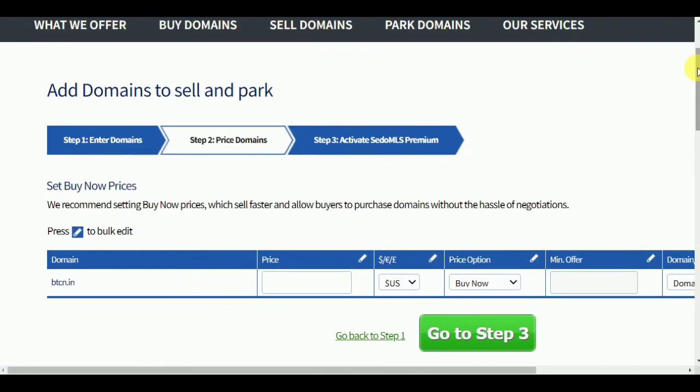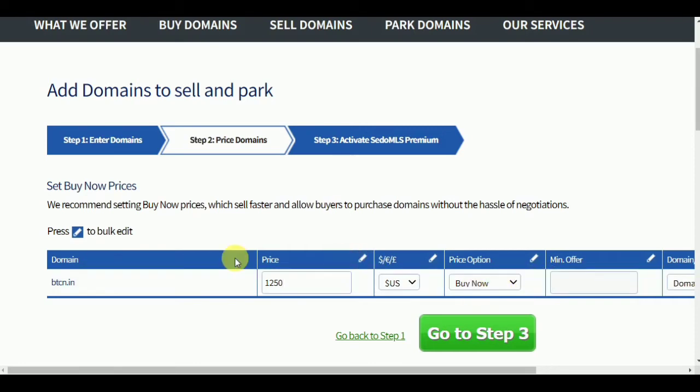That's so simple. First of all, Buy Now is the option you have to choose. If you choose not for sale or make offer, then Shadow MLS Premium will not be active. Only with the Buy Now option will Shadow sell your domain. That is a feature of this domain, and here I put my price, however expensive I have put for this domain.